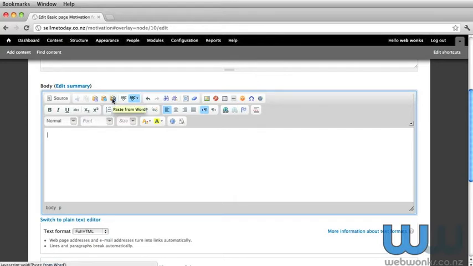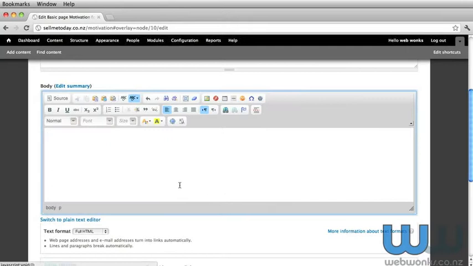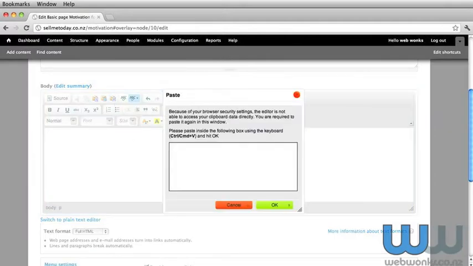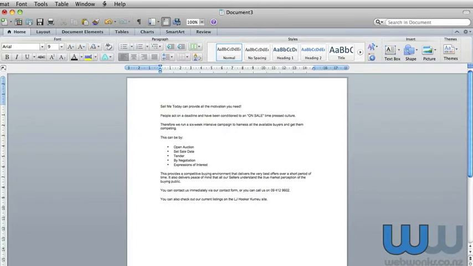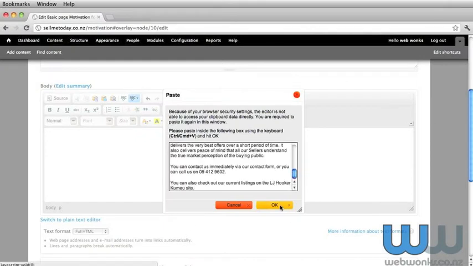To do so, you're going to need to click the paste from Word icon, and it's much easier to paste from Word than it is to simply dump your paragraphs into the editor. It will keep the formatting that you've got. So let's grab some text that we have prepared earlier and place it into the